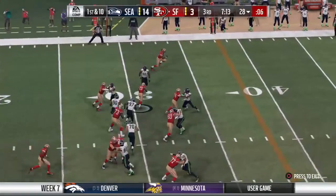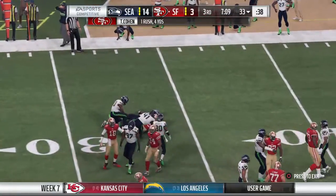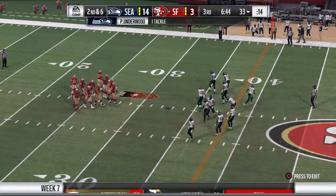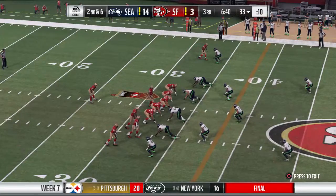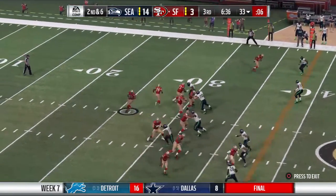Here's the first carry for Tariq Cohen. And able to stay on his feet past the 30 to about the 33-yard line. Call it a gain of 4 on first, and that'll make it 2nd down. When you find that kind of yardage, you couldn't be more confident as a ball carrier. And guess what? You're going to go back and tell your offensive coordinator, I'd like to keep carrying it, thank